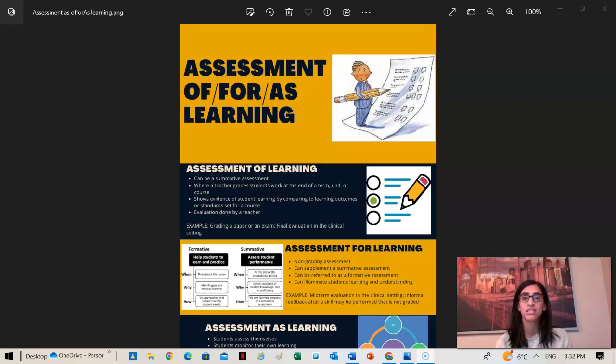So this is my assessment of, for, as learning infographic. What I would do is present this infographic to students and show them the differences between the three different